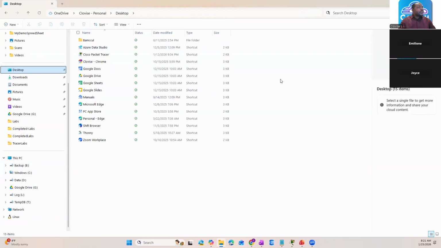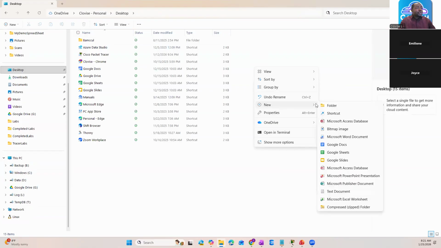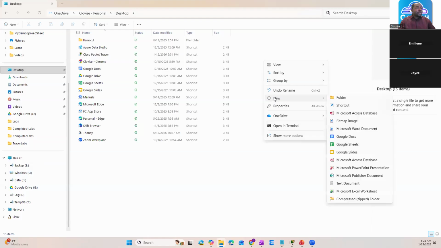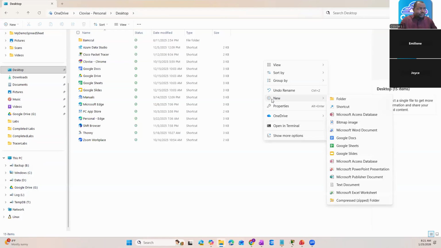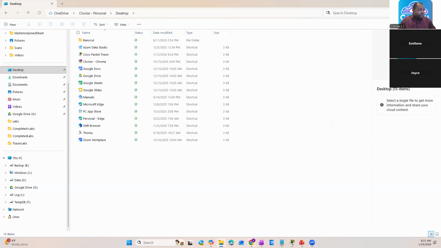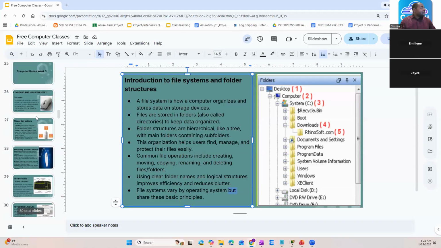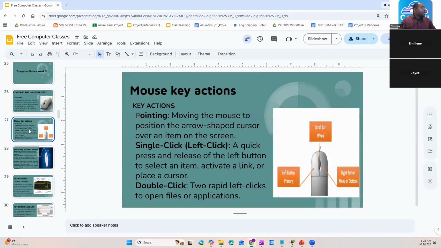Now, if we go back to the desktop right here, I can create a folder. If you right click on an empty space, you go to where? You will see here, you go to new. If you right click on an empty space on your desktop, you will see a feature. Remember last time we looked at mouse. If I go back to my PowerPoint here and I go to the mouse actions,